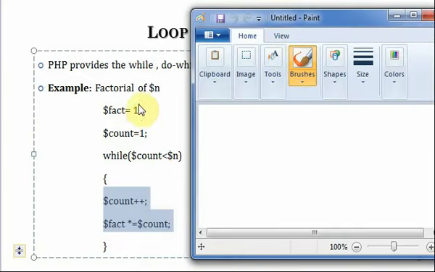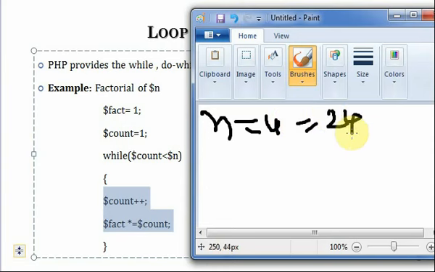So fact is equal to 1. Suppose n value I've given as 4. What is the factorial of 4? 4 times 3 times 2 times 1 is 24, right? So you have to get the answer as 24. Now count is 1. 1 is less than 4. Is the condition true? Yes. That time you're going to come to the body of the loop. Then you're setting the count as 2, and you're making fact is equal to